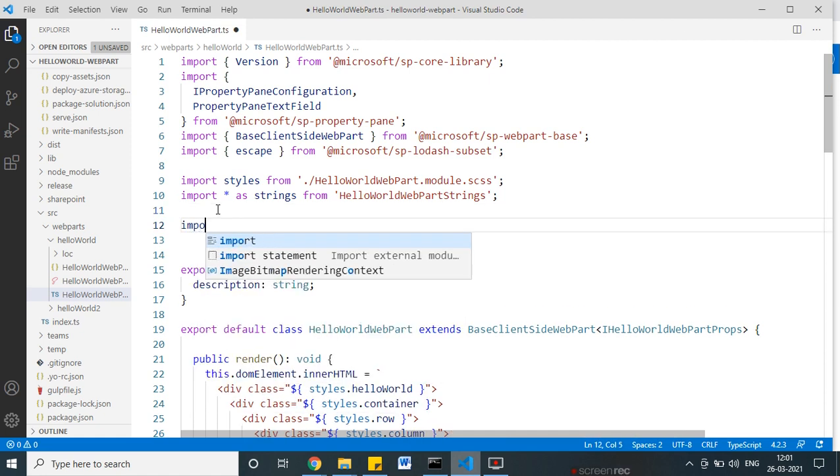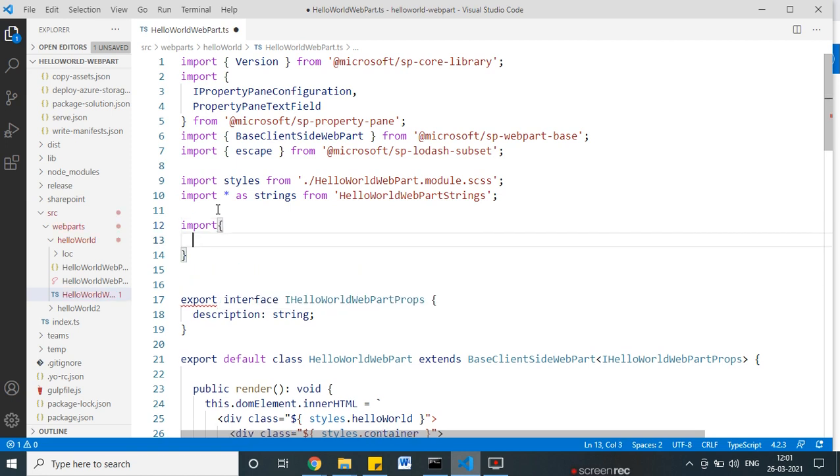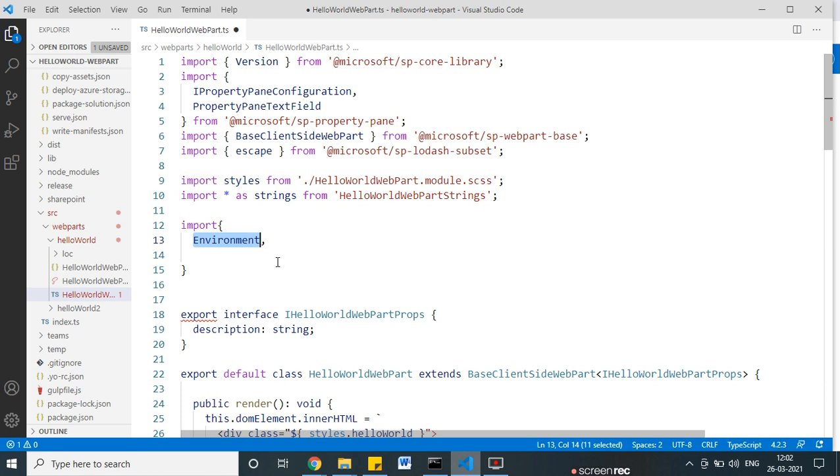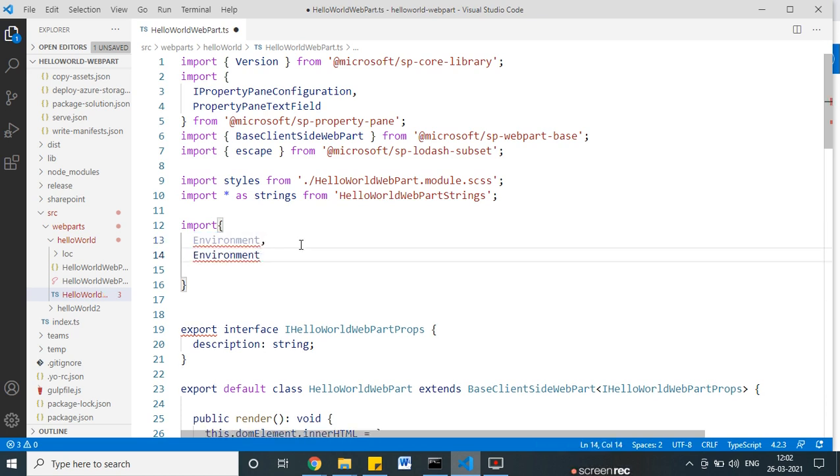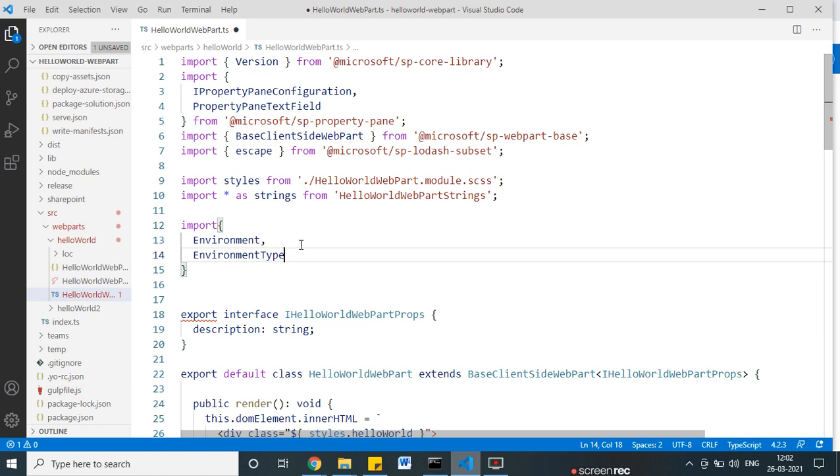So here I import, and in the import I'll say environment. I create the variable which is the environment, and this is the environment type. Now there are different packages behind it, and through those packages, here I say from